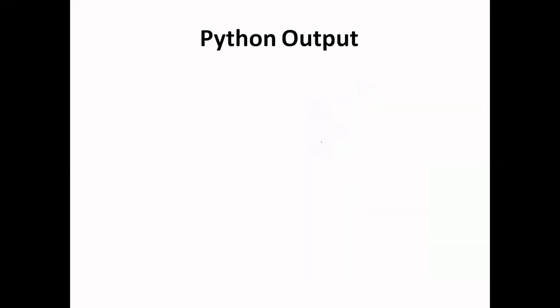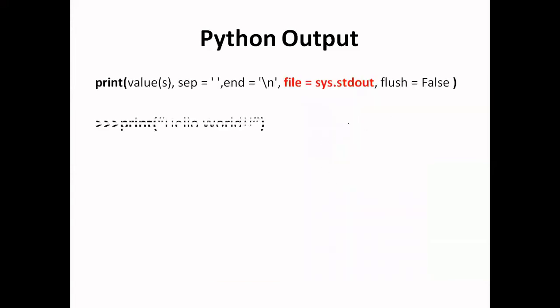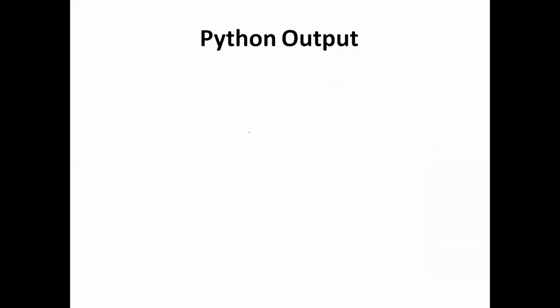So let's have an example of this. In this case I have written print hello world, that means the file object is pointing to the standard output device, so the output of this print statement will be printed to the console screen, right here. And suppose I change it